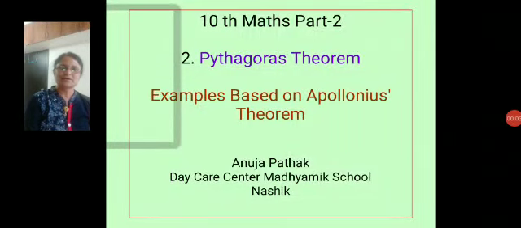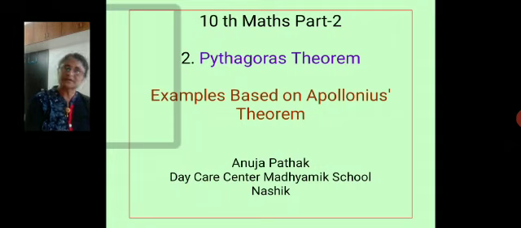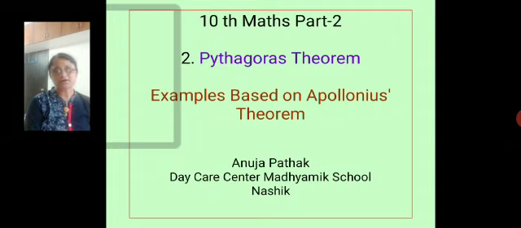Hello students, in the previous periods which I have taken on Zoom, in the second chapter, Pythagoras theorem, we have studied so many points. The points are Pythagoras triplet, 30-60-90 degree and 45-45-90 degree types of triangles, similarity in right angled triangle, theorem of geometric mean, Pythagoras theorem, application of Pythagoras theorem and Apollonius theorem. These points we have learnt and various examples and solutions we have taken.